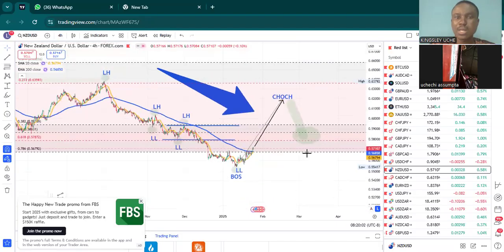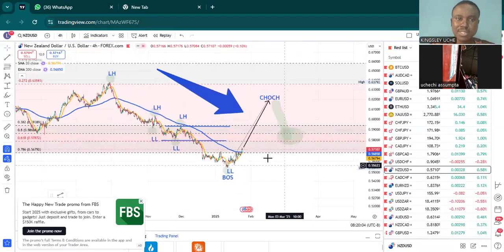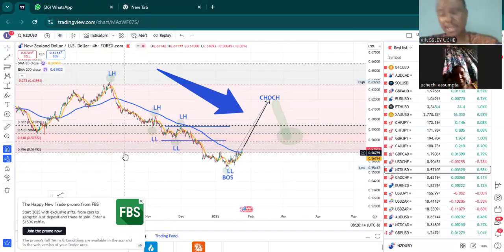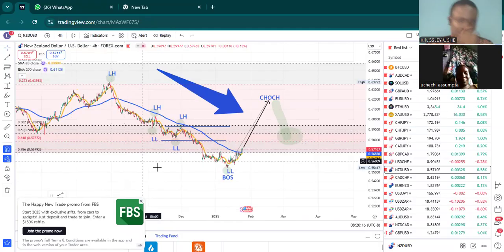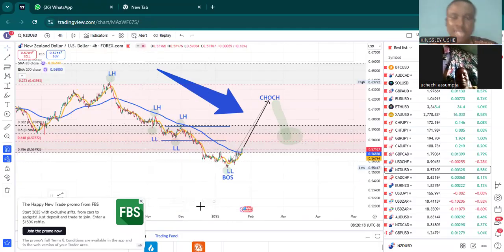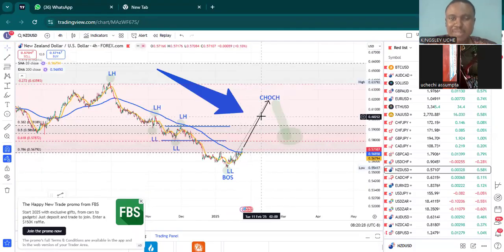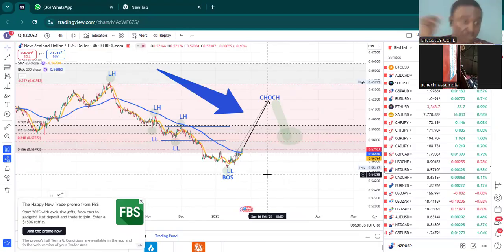So now, as I said, you can see clearly, oh, it's a straight one. We saw lower high, lower low, lower high, lower low, lower low, lower high situation, which formed a break of structure, and we should expect price to come towards the higher side to give us a change of character, right? And if that is done, we need to see price come towards the 0.5, 0.618 area for us to see